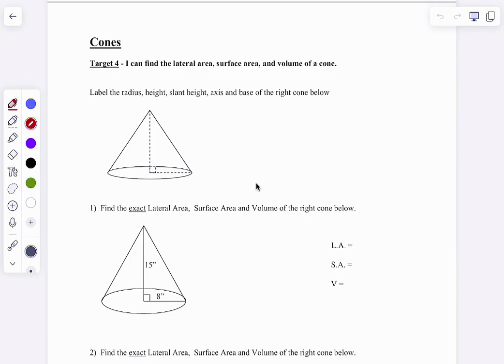So it says label the radius. The radius, of course, is the radius of the circle. The height is the height of the cone, and we usually use capital H for that. If you use lowercase h, it's not a big deal, but in the formula, the capital H is height of